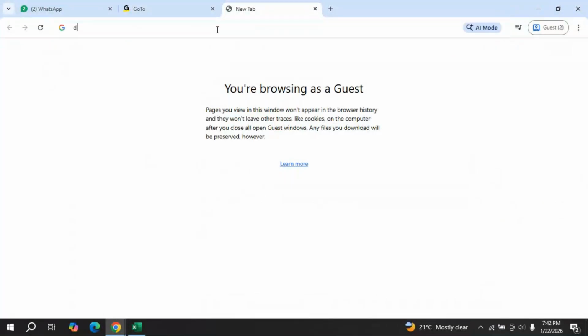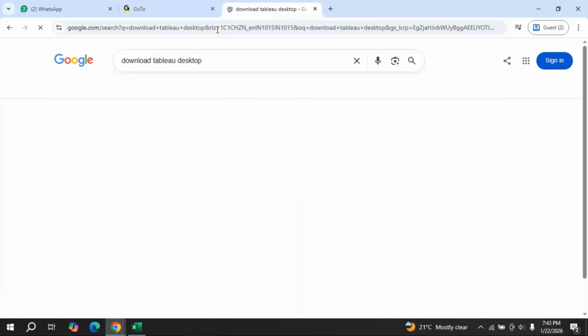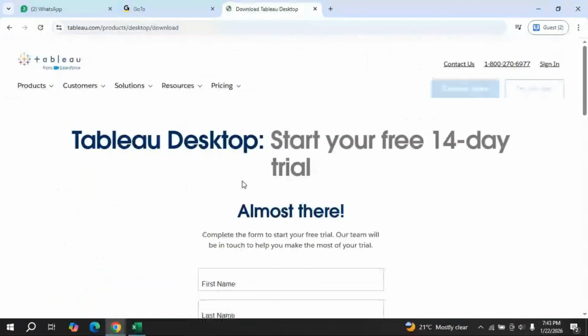So download Tableau desktop. I have to mention download Tableau desktop, and here I'll click on download Tableau desktop. This is a 14-day trial version. After 14 days, it will ask for some payment. In that case, you can reinstall once again. In case I'm unable to send him, I'll try my level best to send him by